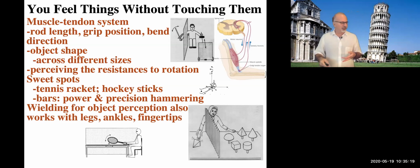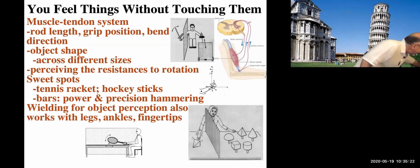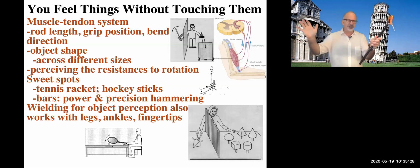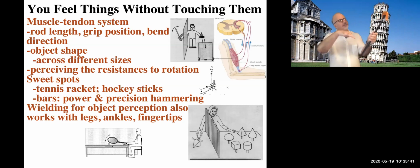So you could strap this rod to my foot. Again, I'd be blindfolded and wouldn't know what was going on. I would move my foot up and down like this and make these judgments about the rod length, the grip position, where it is strapped to my foot, as well as whether there's a bend one way or the other. You could then strap it to my lower leg and have me just move my knee up and down,